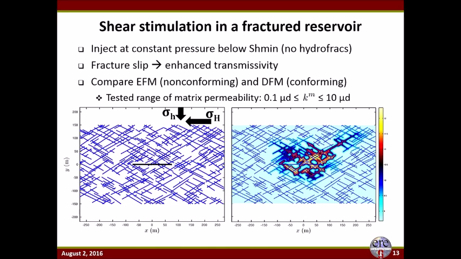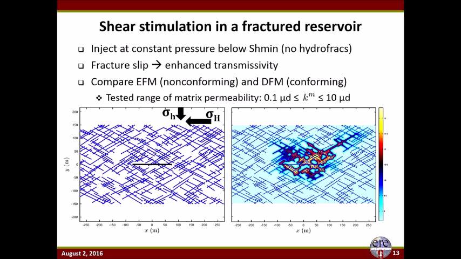So in this next example, it doesn't involve any heat transfer, but it does involve a tight coupling between the fluid flow and mechanical deformation of the fractures. So in this problem, we performed injection into this horizontal well into a relatively complex fracture network at constant pressure injection condition. And as flow occurred through the reservoir and fractures slipped, their transmissivity was correlated with the amount of slip that occurred.